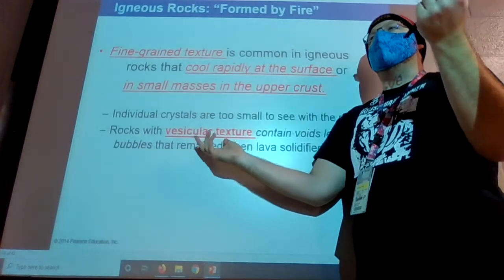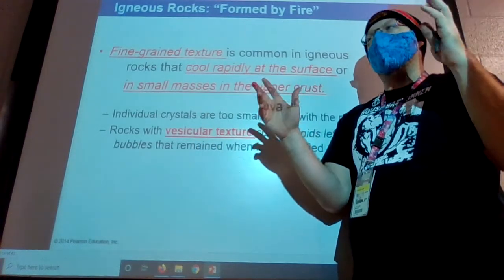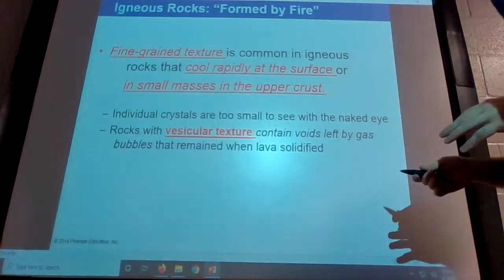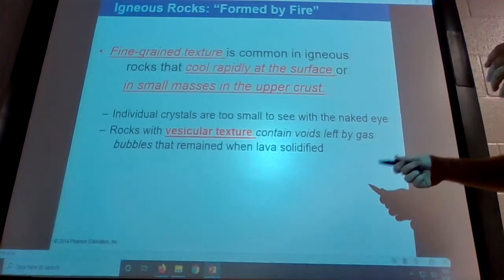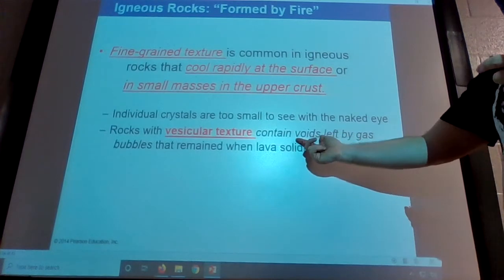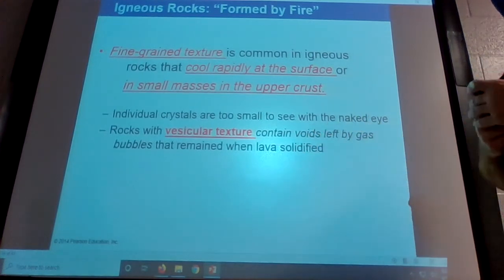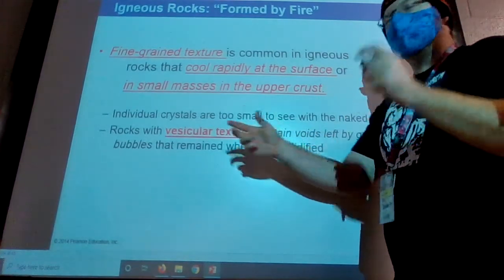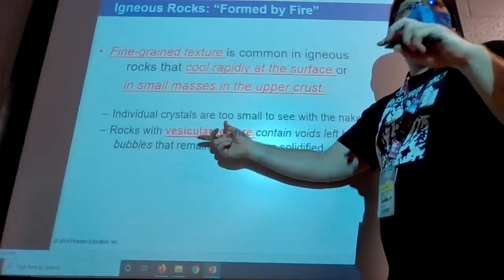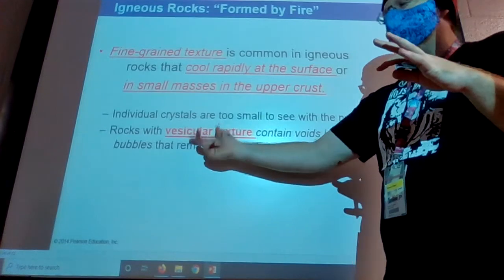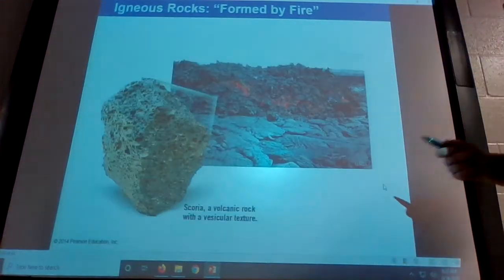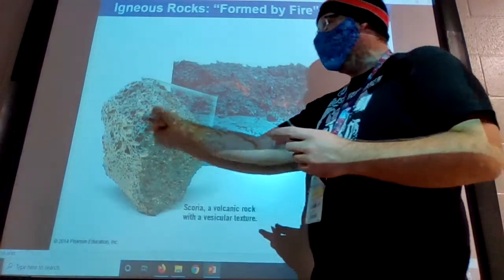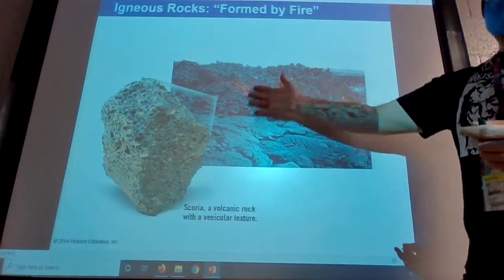That is actually a lava rock. Some of it is manufactured now, but still a lot of it is just lava rock that they mine from volcanic areas. So if there are little gas bubbles trapped in there, they will leave those little holes and voids, and it will be vesicular. It doesn't really matter what color it is or how you think it happened. If it has those holes in it, you're going to call it vesicular. And here's an example of that. You can see all the little holes in this lava rock,